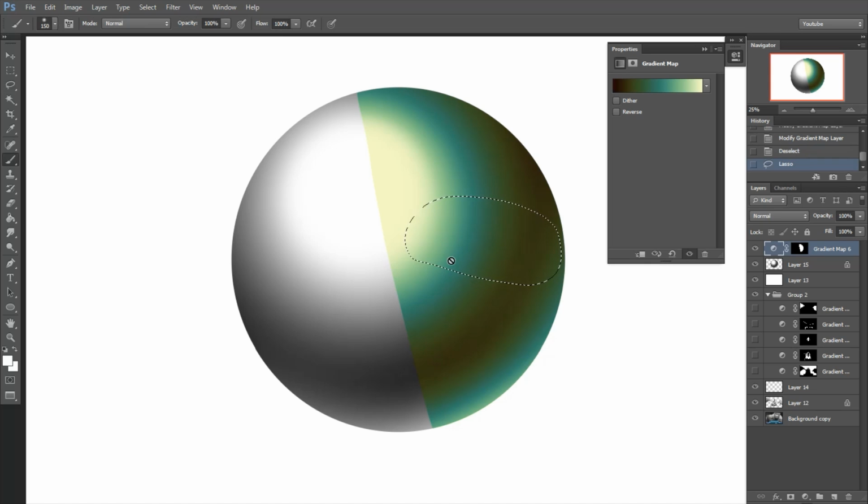So I wouldn't use gradients for all the little details in my scene. I'd use gradients for the bigger parts. So I'd keep it down to maybe under 10 gradients for an entire painting, which is probably good enough. Then afterwards, all you got to do is go into more details